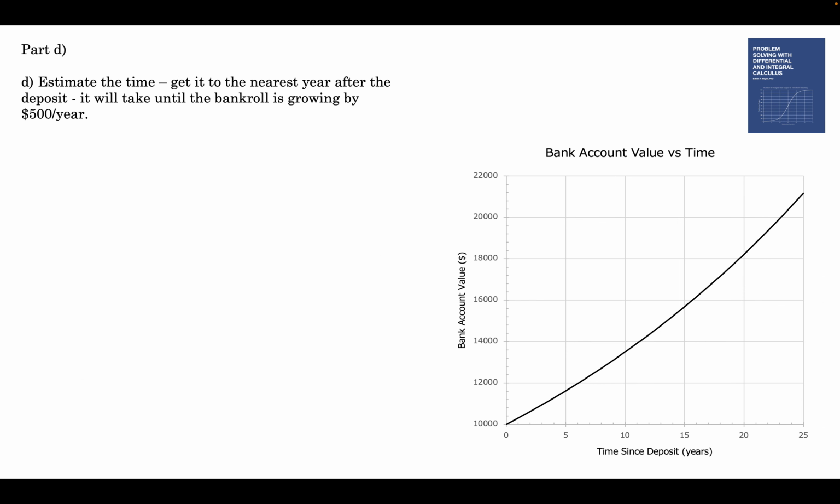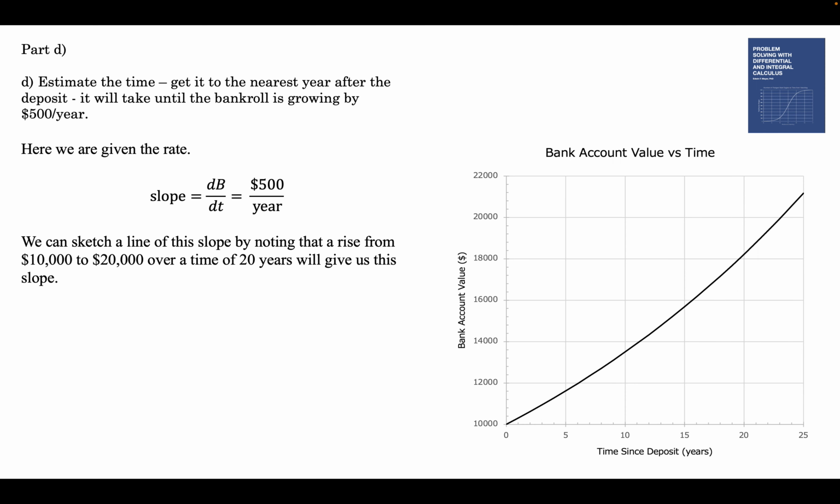On to part D, estimate the time it will take until the bankroll is growing by $500 a year. So it starts off at $320 a year. So here we're given the rate. The rate is $500 per year. At what time is that the rate? So the slope we need is $500 per year. How can we get a slope of $500 per year? Well, if we go from 0 to 20, if we have a run of 20 years, and we have a rise of 10,000,